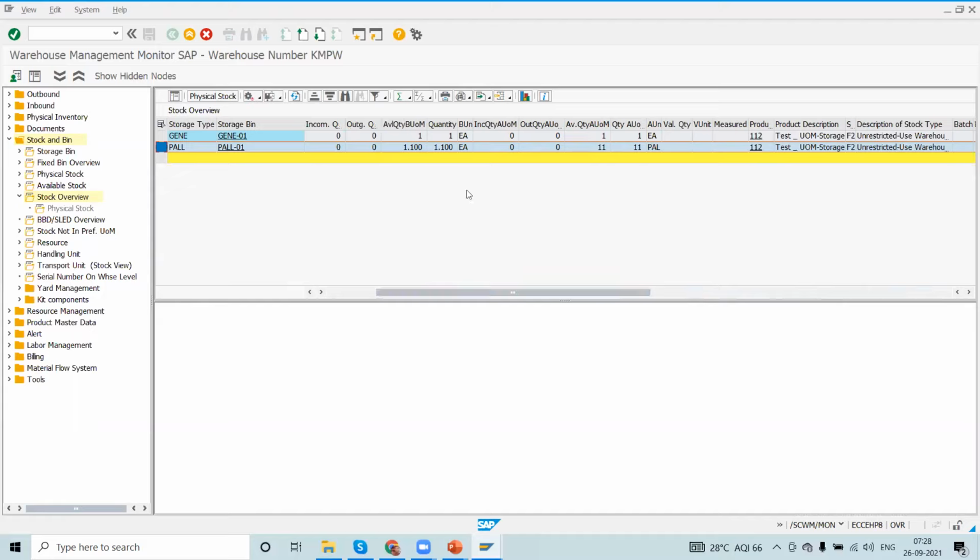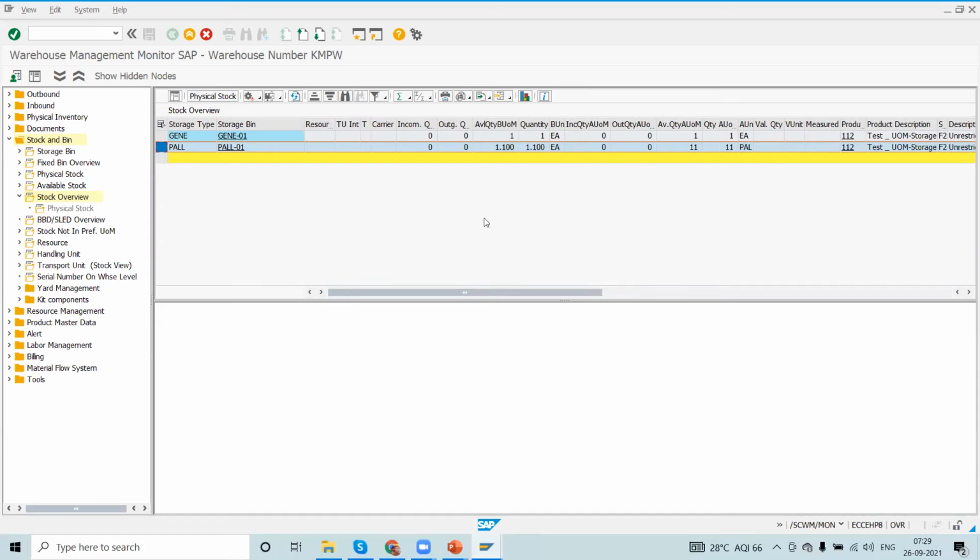Everything has been taken as pallet here because I moved to the pallet bins. Can you see 11 pallets? Totally 11 pallets have been stored in the pallet storage type, which means one carton plus one pallet, because 1 carton is equal to 10 pallets plus 1 pallet. Total 11 pallets are there in the storage type currently.